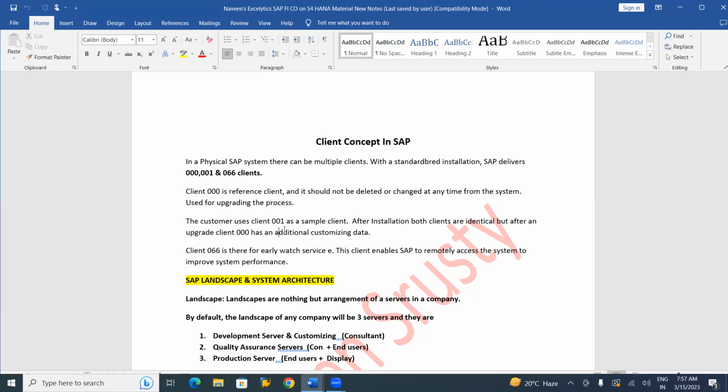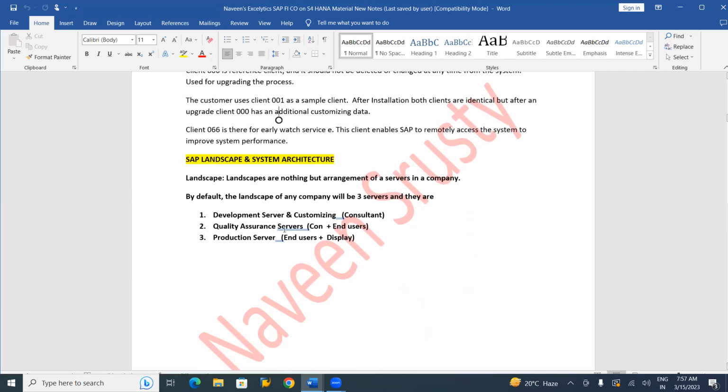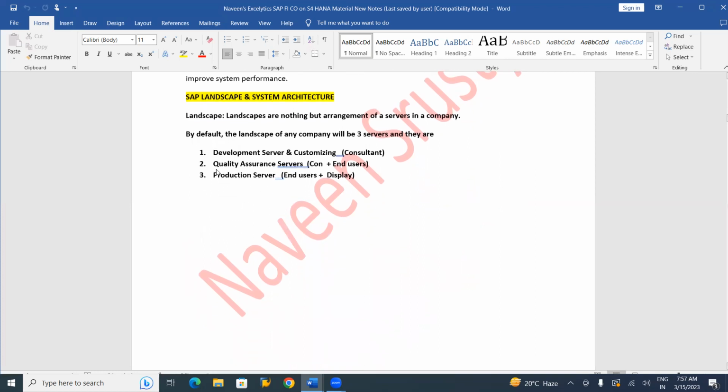Okay, we already discussed system landscape and system architecture. What do you mean by landscape? As I said, how many servers will be there in any project? Minimum 3 servers.